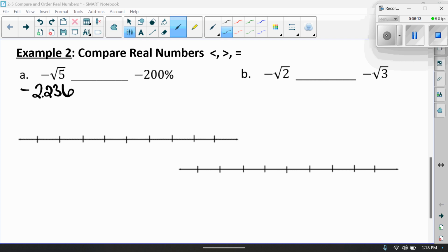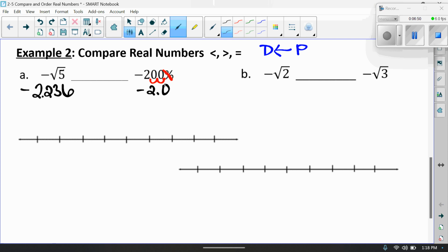We're comparing that to the negative 200%, but we want to change percent to decimal. You guys remember how to do that? So we have decimal over here, percent here, and I want to go from percent to decimal. So which way do I move my decimal? To the left. How many times? Twice. So we are going to take this decimal right here, and we're going to loop, and then take away the percent sign. So this is going to give me negative 2, and I'm going to just put 0.0,